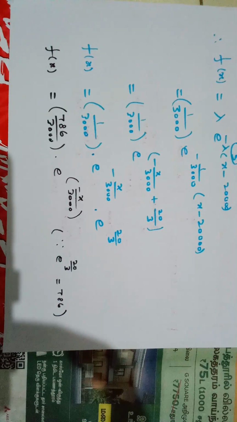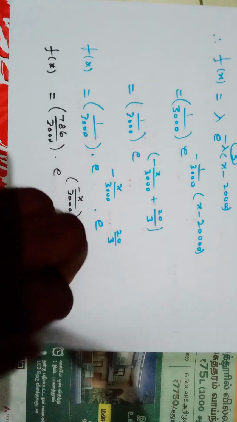Okay, very easy. f of x equals 1 by 3000 into e power, and I use e power (a plus b) equal to e power a into e power b. I have used this formula in this place, so the term becomes e power minus x by 3000 into e power 20 by 3. Now simplify e power 20 by 3, it will be 786. So write it as 786 by 3000 e power minus x by 3000, isn't it? Okay, now the next one,